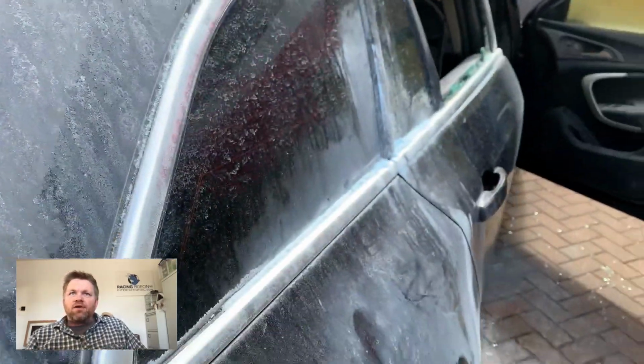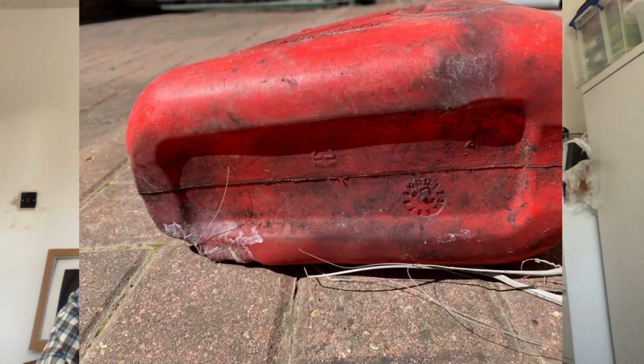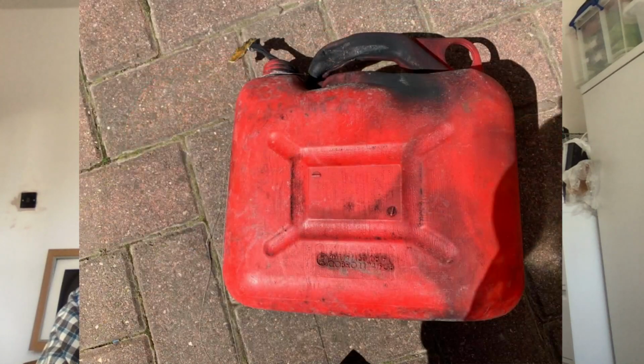And as I say, the petrol can, let me just show again, sorry if you've seen this before, the petrol can that was left on the back seat was like this. As I say, the police have a screwdriver in their possession, and yeah, and look, guys,